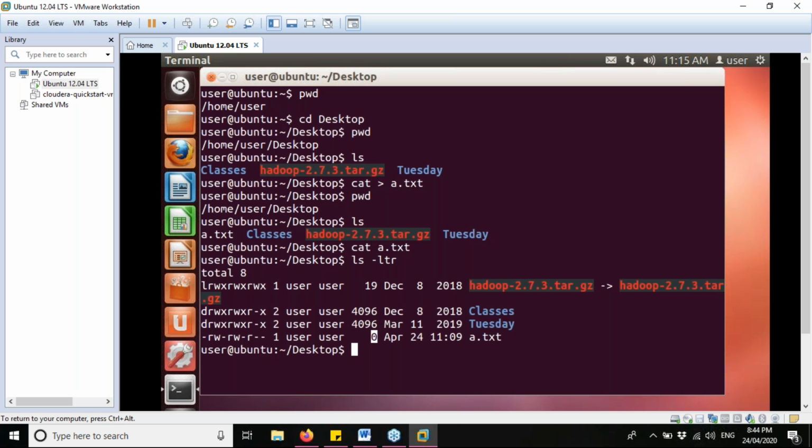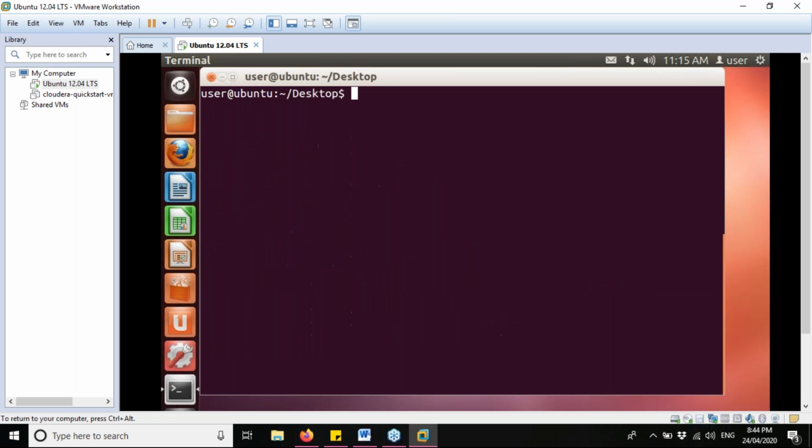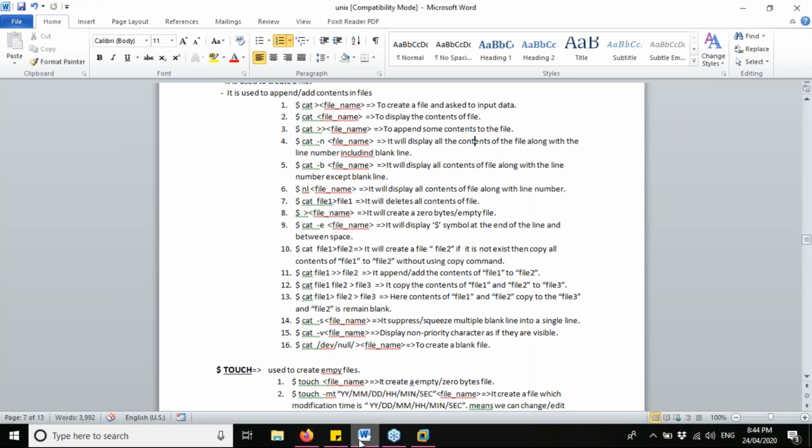So guys, just run this command to check the content, but I am sure that again it will not show any content as we have not yet put any contents inside our file. So let's just clear this, and now we will move on to our next command, which is cat and then double greater than signs. What does it do?